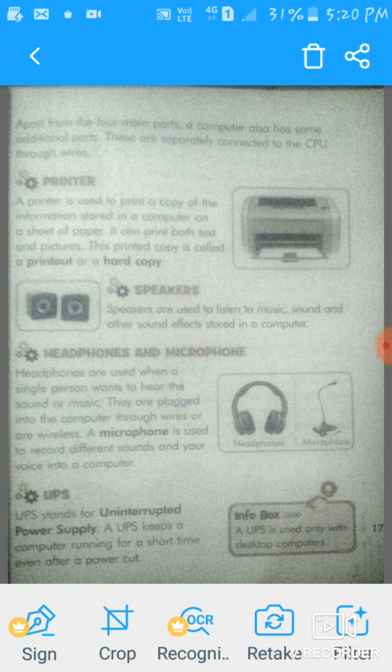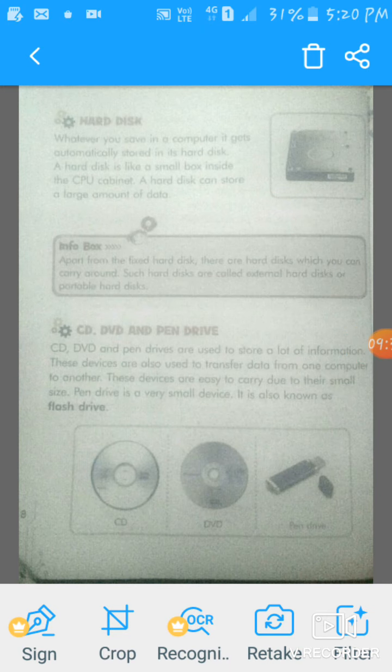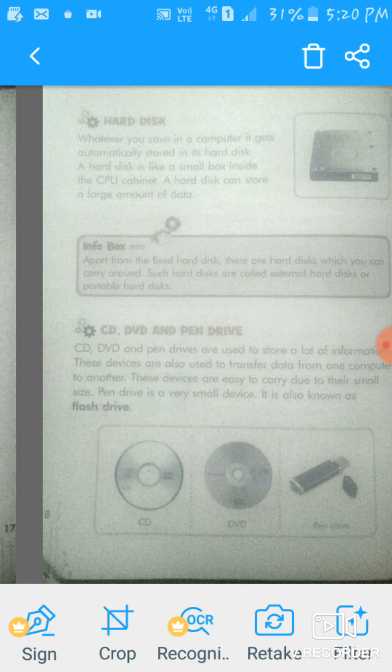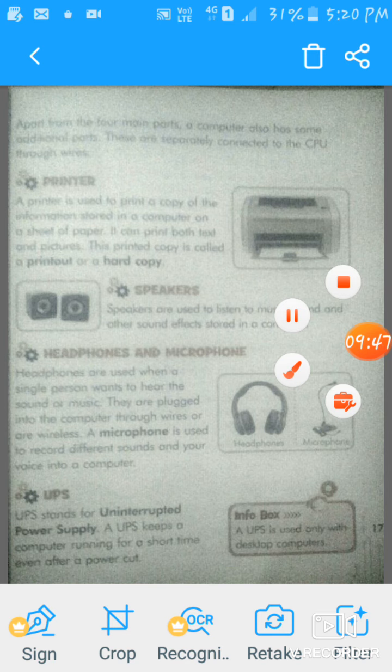A UPS keeps a computer running for a short time even after a power cut. A UPS is used only with desktop computers.